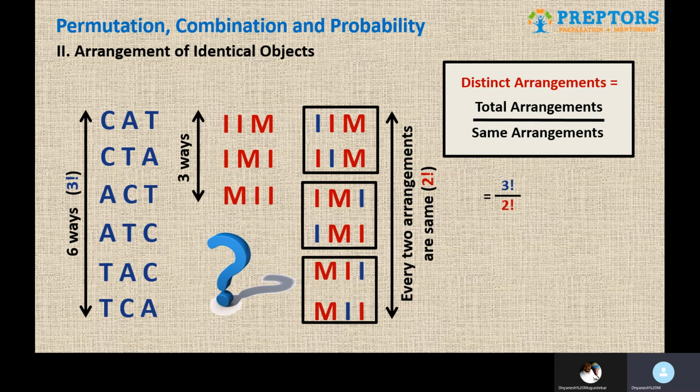So here there were just 3 letters, so we could practically figure out each of the 3 possibilities by arranging them. But if it is going to be something bigger, you don't need to do that, and this is where this particular formula will help you, which is the distinct arrangements in case of identical objects. So that's the whole objective behind knowing this small concept.